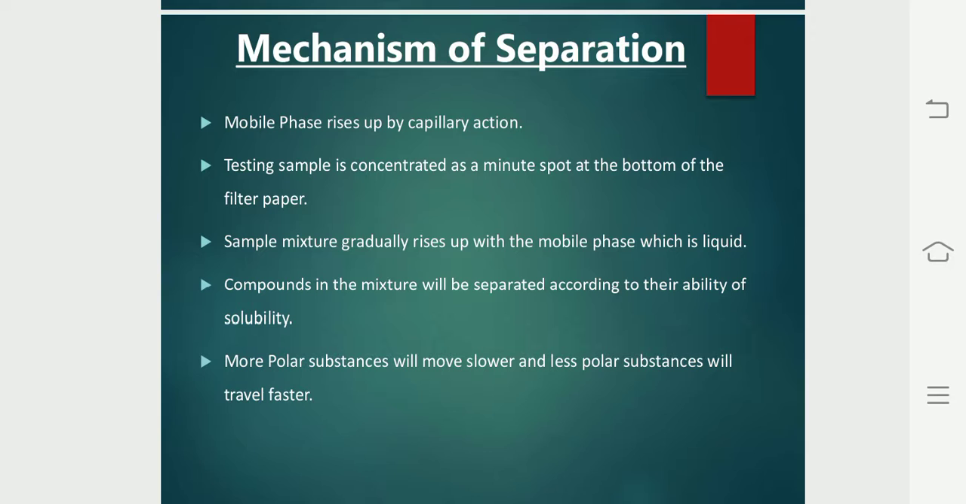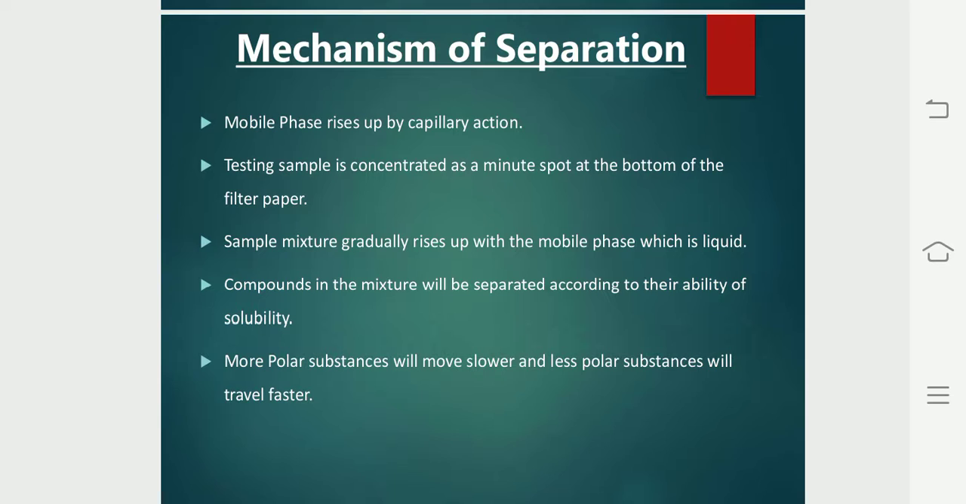So here is the mechanism of the separation of chromatography. First of all, for the separation, we place a small dot of a sample solution onto a strip of chromatography paper. Here we are using chromatographic paper. At the end of the paper, 2 centimeters above the corner, a small dot containing the sample is placed on the strip,